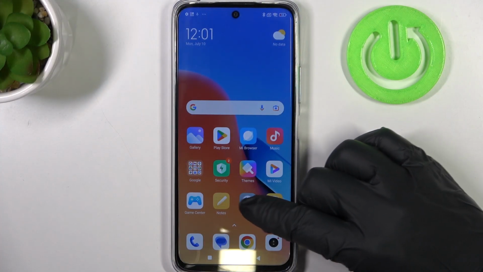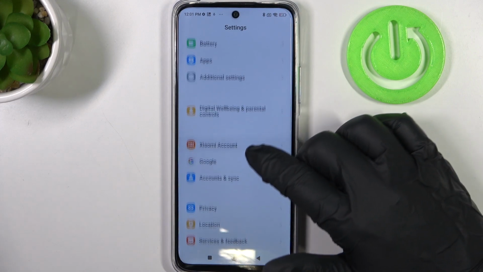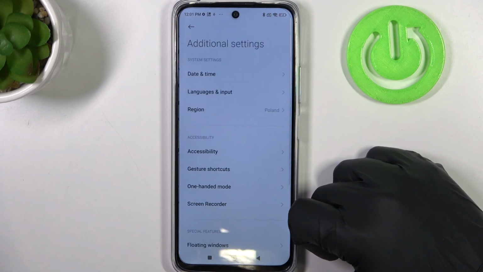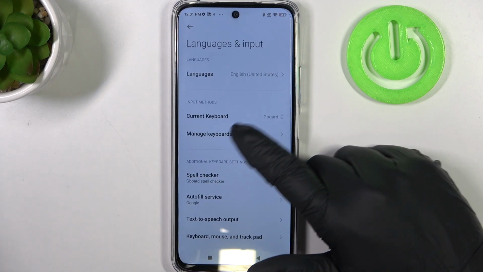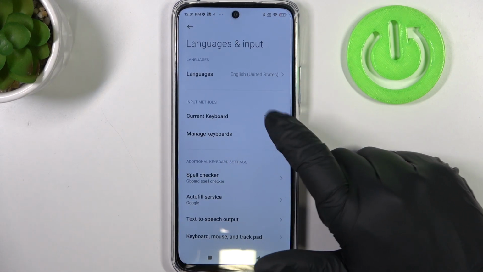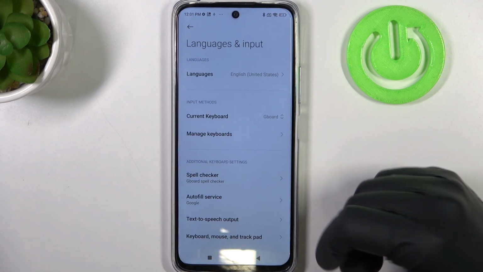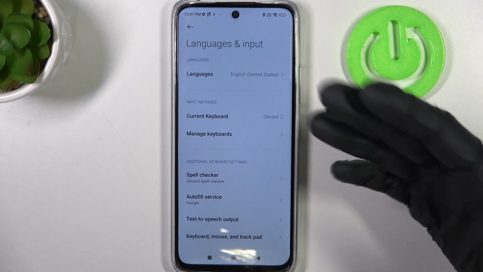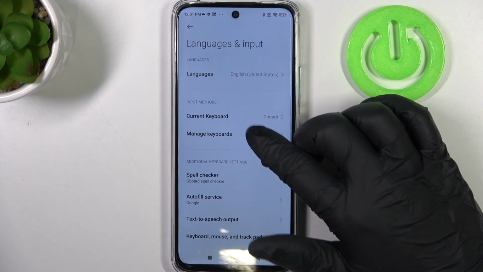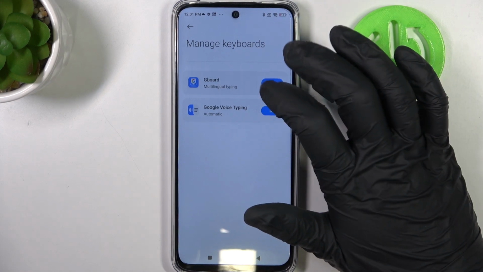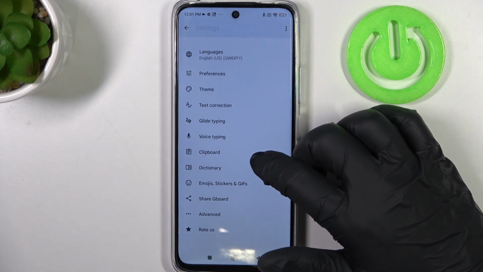And to do this we'll need to open our settings, then find the system settings, additional settings right here, and there's a language and input. We want to select the Gboard as our keyboard because for others this function might not be available. So we're gonna go for manage keyboard, then Gboard, and inside we should be able to find